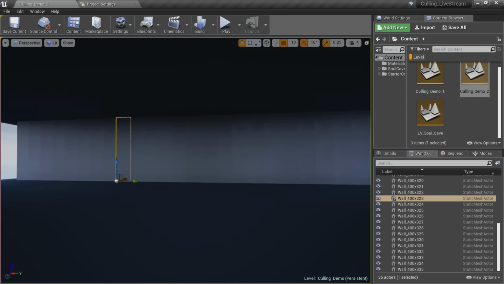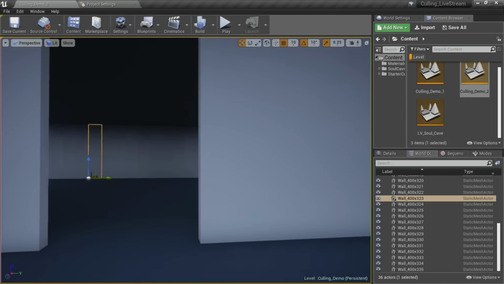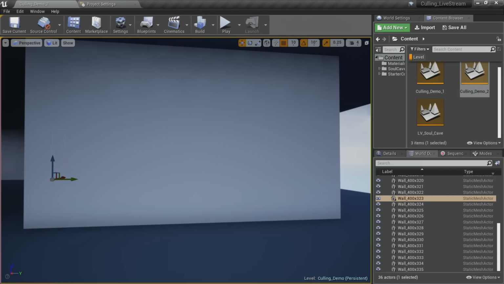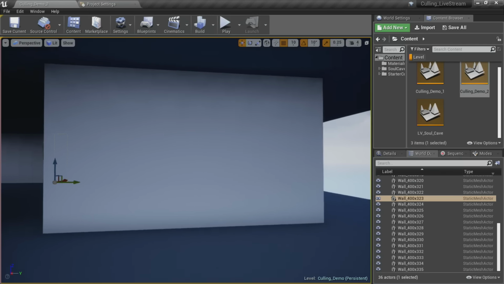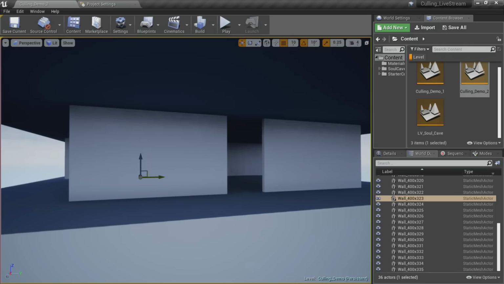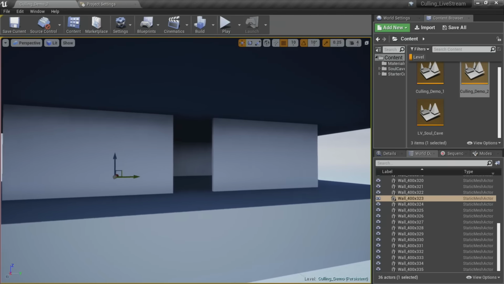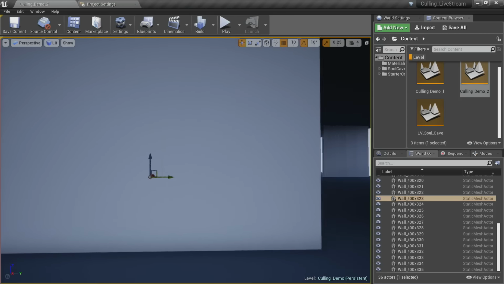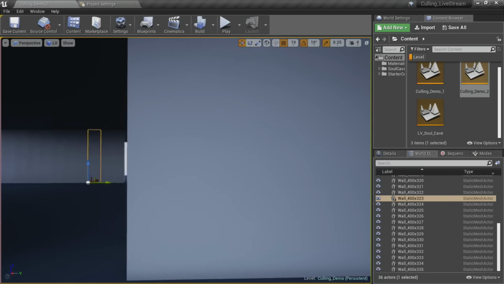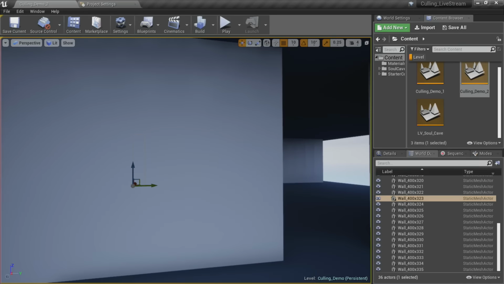Now, this can also depend on how large an occluder you have in front of you. I've got this really big wall in front of me. If I'm further back, I'm not going to see it as much, but as I'm closer, I'll probably see a little bit more, because I've got this really large occluder and there are all these objects behind it that have to pop into frame.